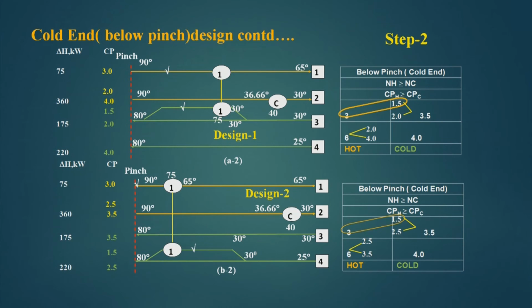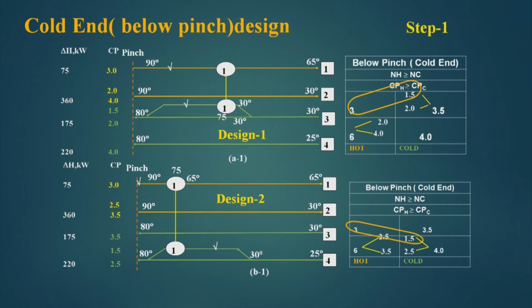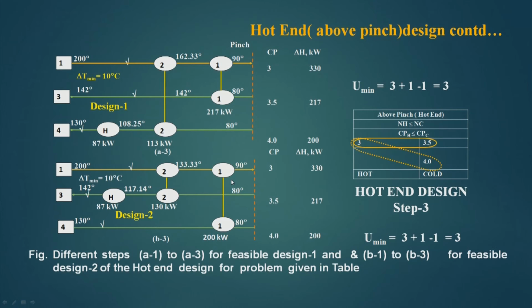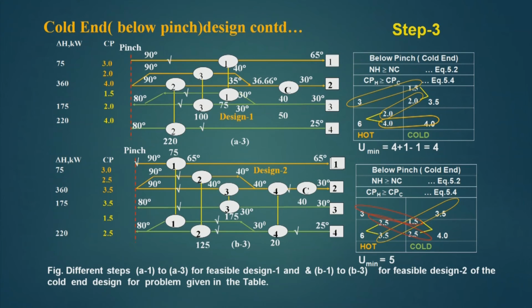So, here I am consuming 40 kilowatt and my units target is also met. So, at the cold end design, as far as design 1 is concerned, I have met my energy target as well as units target. Now, if I see the design 2,